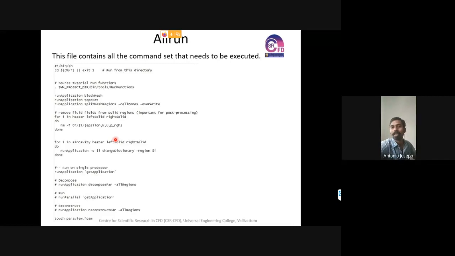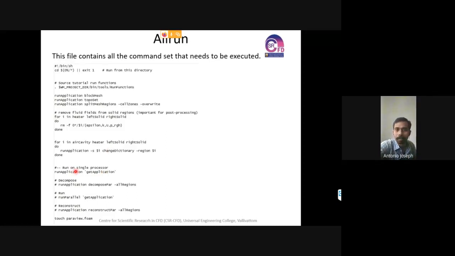Using this dot star and all, we are able to save the time for creating these patch files. Or else it will be a tedious task, because there will be a lot of boundaries, and we would need to specify all those boundaries in the zero folder corresponding to all the subdomains. So this command will be enough for that particular case.